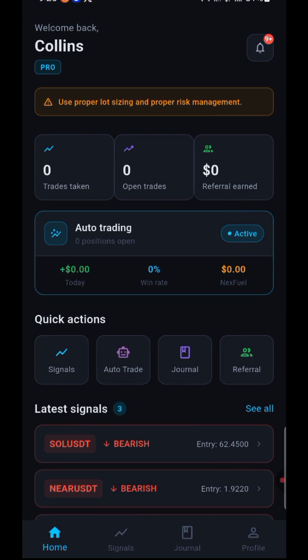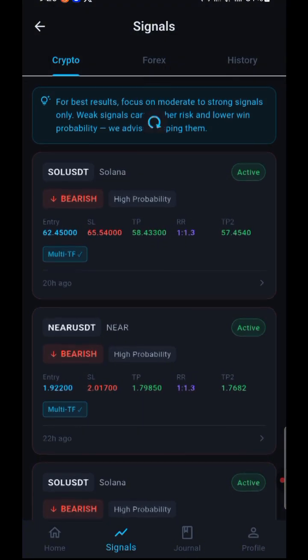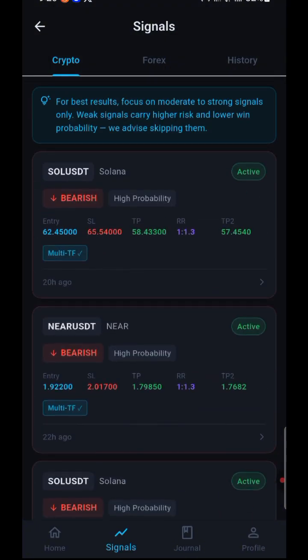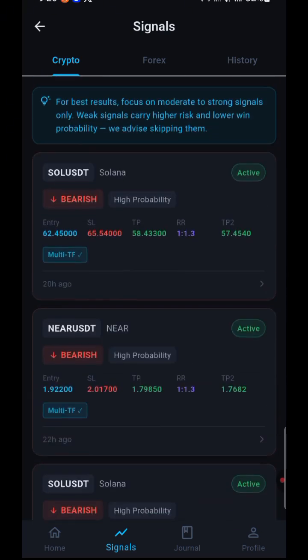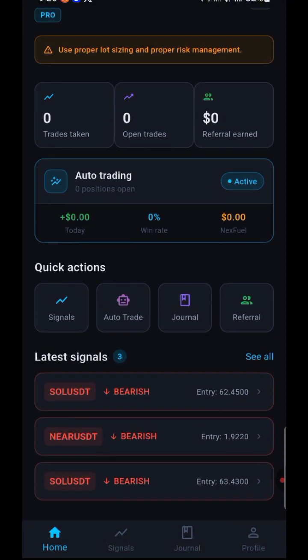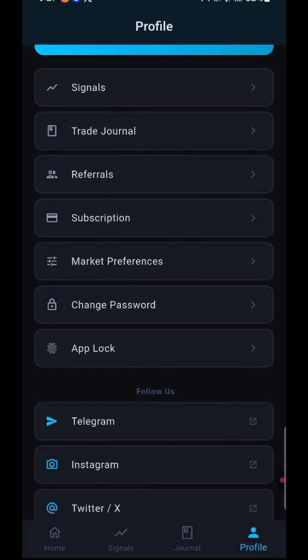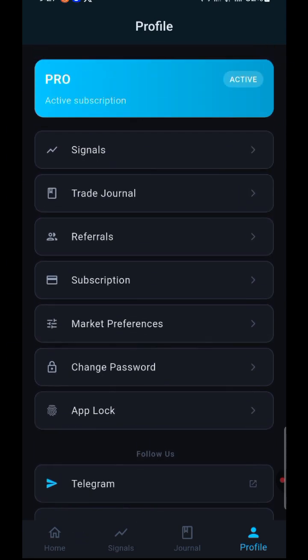So if you want to see your signals, you simply tap on signals, then the signals you pick will be the ones displaying. For you to get signals, if you are very new to the platform, once you tap on signals, it will show you options to select your pairs. But since I've already done that, I can go to the profile option. When I go to the profile, then I'll be able to select